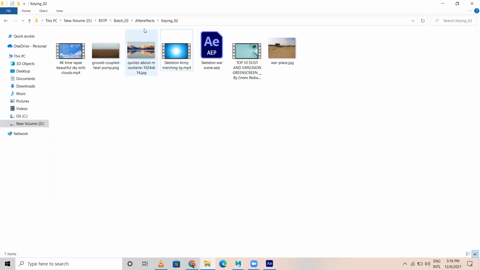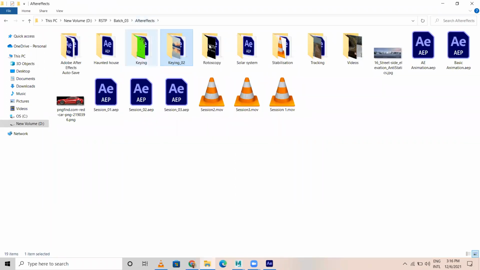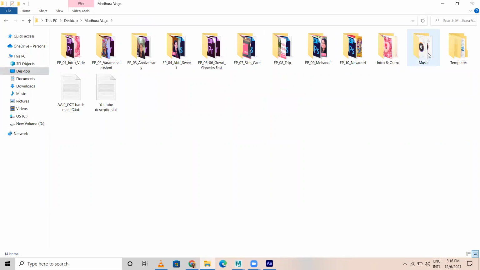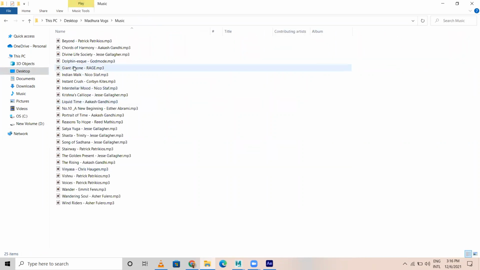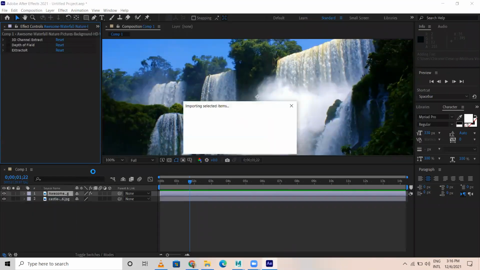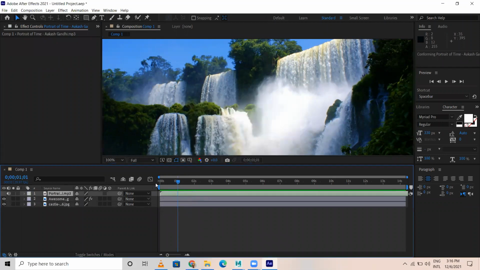Before that, let me pick some audio part. Audio, music. Okay, I just imported an audio. Now let's see. Able to hear the audio when I play? Okay, if not, what I'll do,